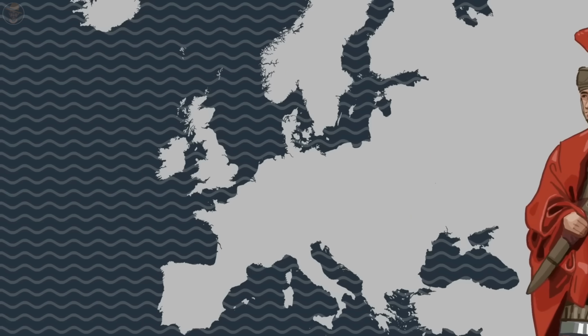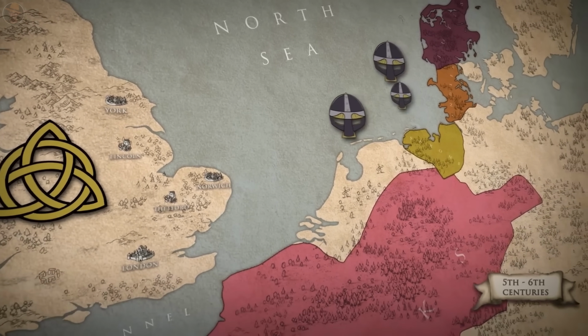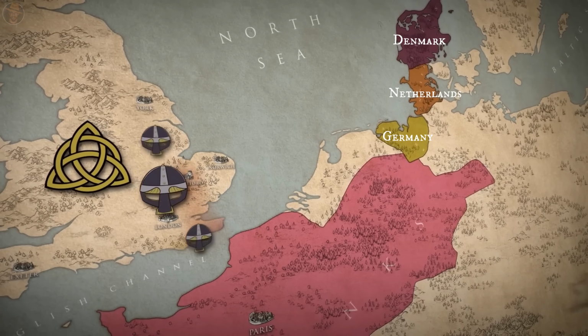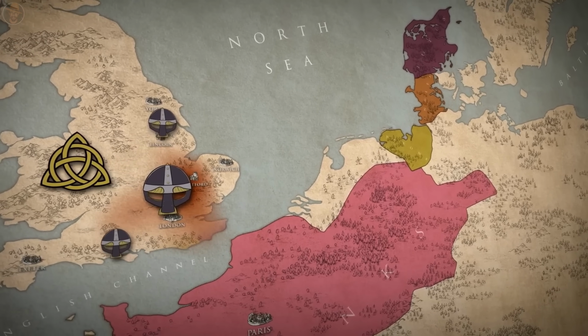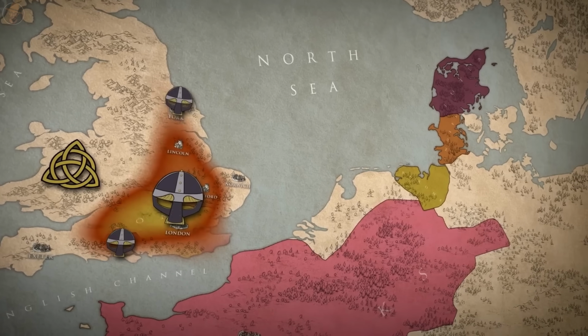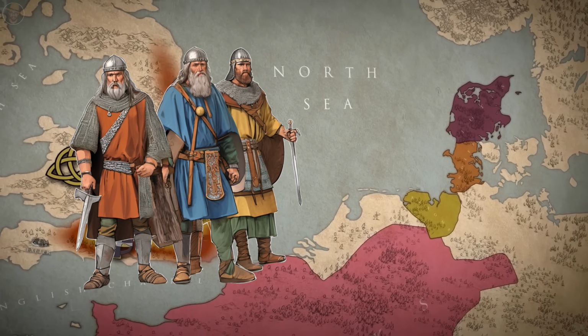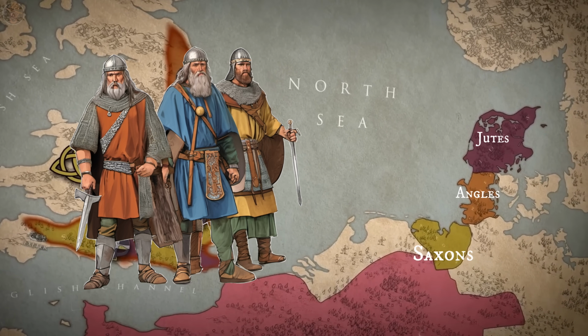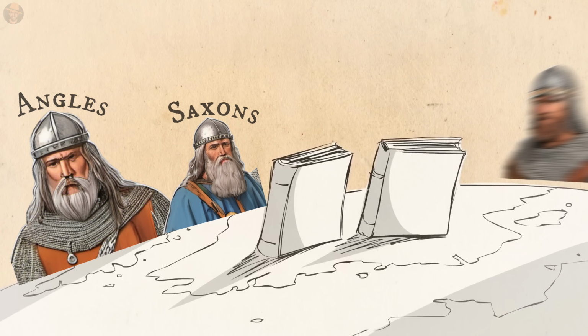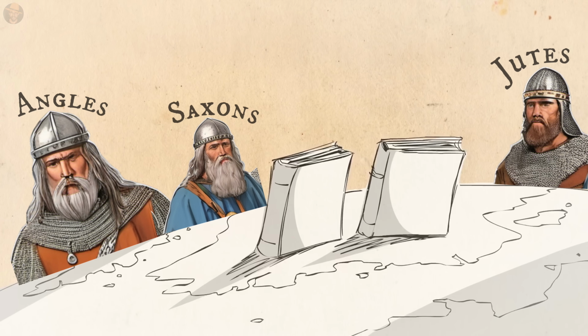It was during this period that the Anglo-Saxons, a collection of tribes from what are now Germany, Denmark, and the Netherlands, began to make their way across the North Sea to the British Isles. The Anglo-Saxons were not a single unified group, but rather a mix of peoples, including the Angles, Saxons, and Jutes. Each brought with them their own dialects, which would eventually blend and evolve to form what we now call Old